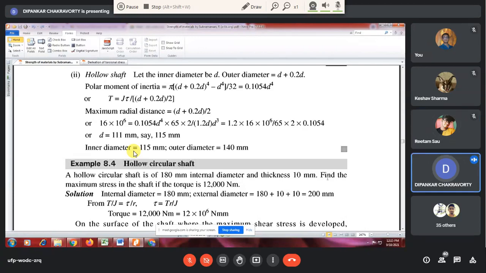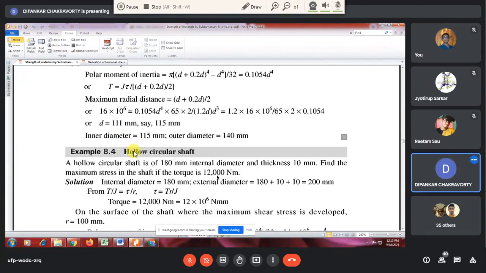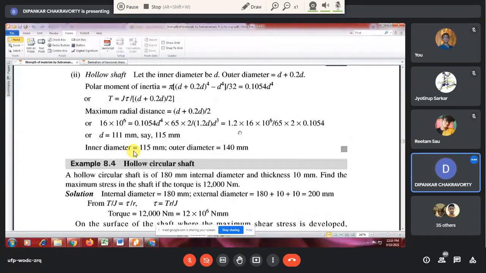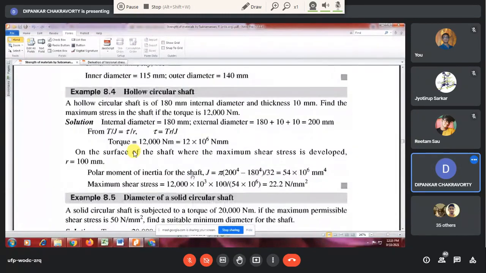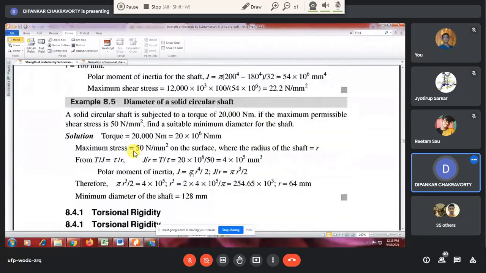So which area is more, you tell me? Solid shaft or the hollow shaft? Solid. Okay, so which design is economical? The second one. Have you understood? Yes, hollow is more economical. So this is what I want to tell you: why a hollow shaft is used, you will come to know by this small problem. These things are quite routine things you have to do.